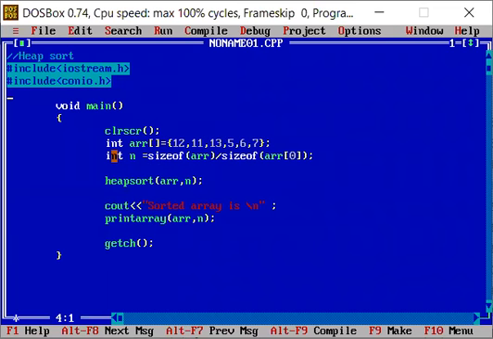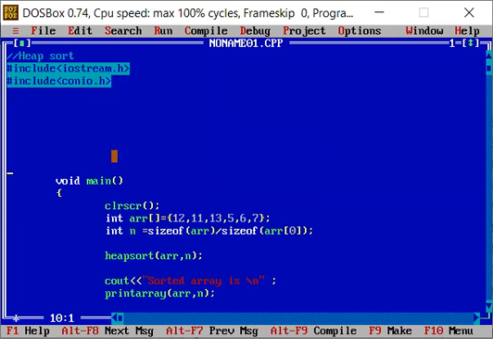Now, so we have called heapSort. We need to define it. So I'll define it here. Okay, let's define it. So I'll write void, then heapSort as the name of the function. You can name it anything, but it is the appropriate name. Then we'll declare an array. After declaring the array, we'll take the size,